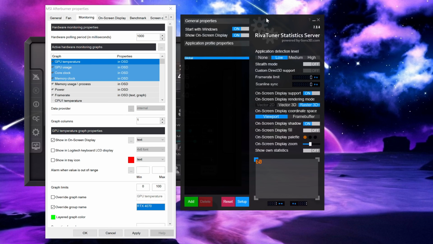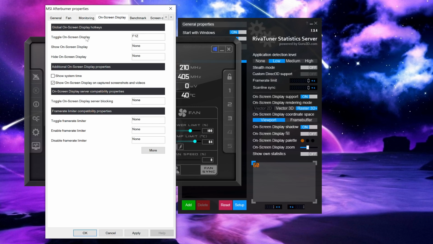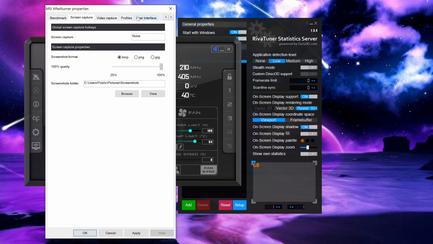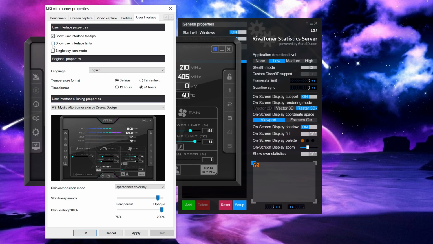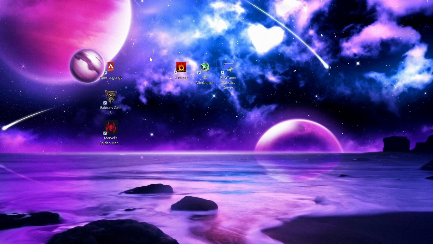And then if we go over to RiverTuner Statistics right over here, we can also make sure this is Start with Windows and Show with on-screen display. Now we've also got these settings right here. You can adjust the size and the visibility of the markers, but then we go over to on-screen display. I've toggled that, I've set that to F12, benchmarking keys are F4 and F5, and then I've also gone over to the user interface right here and made sure all these tooltips are unselected because I find them very annoying. So after that, we can click OK, and then we can open up FurMark